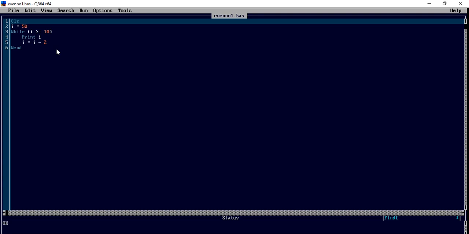Okay, first it will print 50, then it will print 48. Now 50, 48, 46, all these values are greater than 10, and the value 10 is equal to 10. Here the condition is I greater than equal to 10, till the condition is true, so up to 10 the condition will be true. But when the value comes 8, after 10 it does I minus 2 and 8 comes, again it will check, but 8 greater than equal to 10? This is true. No, this is not true. This is false. So here the condition will terminate. Okay, so let me run the program.